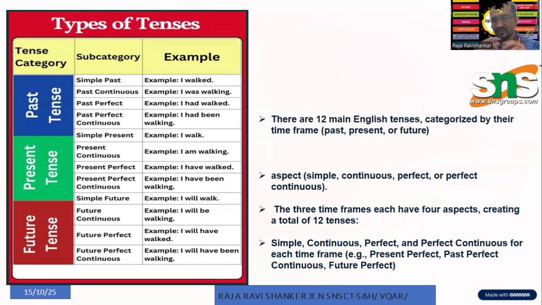Mostly the ones which are confusing are ones which are repeatedly asked. In MNCs 100% they will ask with simple tenses because they are easy but confusing, especially simple present. The second one will be perfect tense and continuous tense. So it can be past perfect. Most of the time it is present perfect and past perfect, present perfect continuous and past perfect continuous. Because these are used on a regular basis, but also these are used for other aspects also.